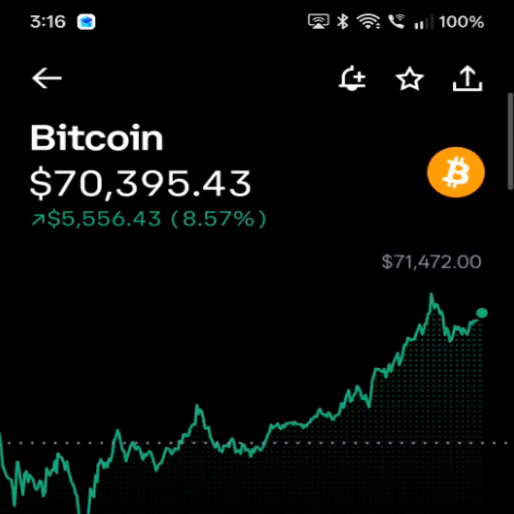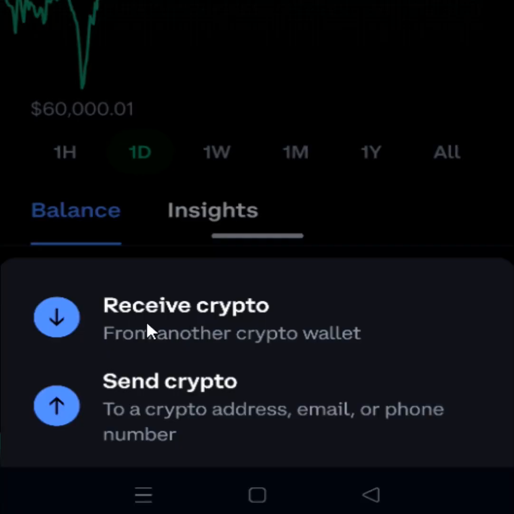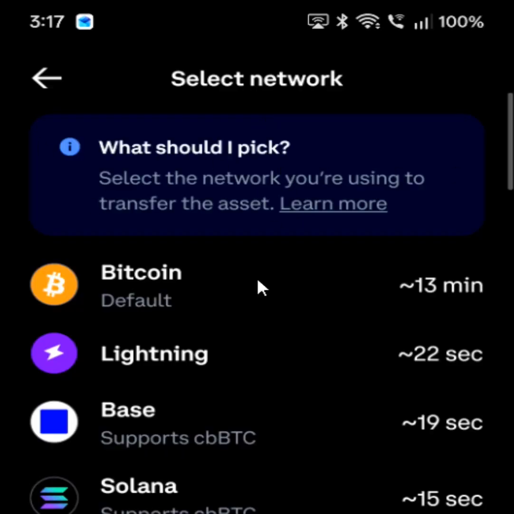Then from the Bitcoin page towards the bottom, you'll find where it says transfer, and we're going to click on that. This is going to be receiving crypto from another crypto wallet. So we're going to click on that. That takes us over to the next page, and for Bitcoin, you can just copy down your Bitcoin wallet address,